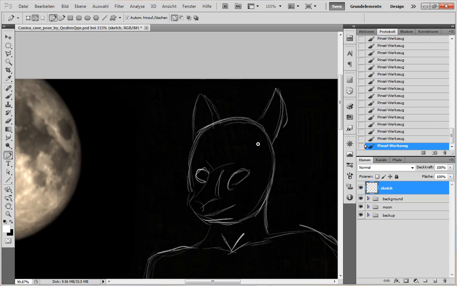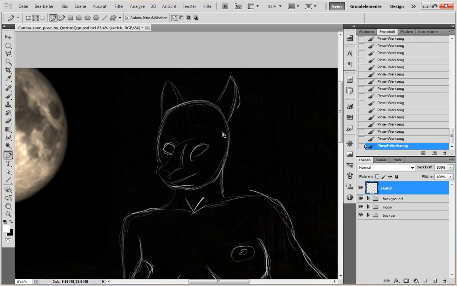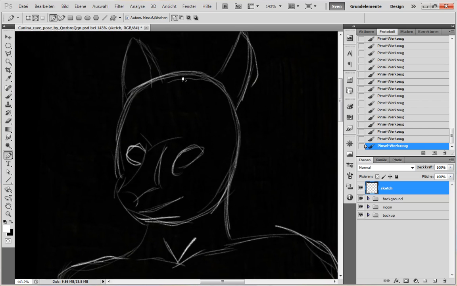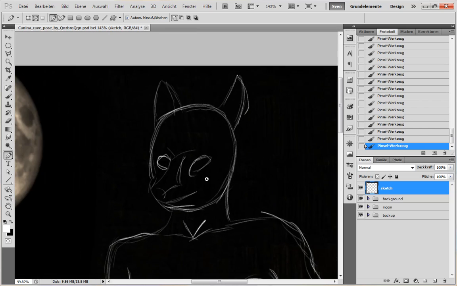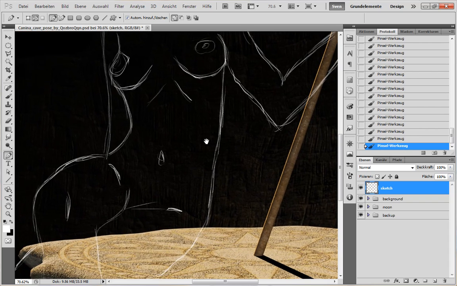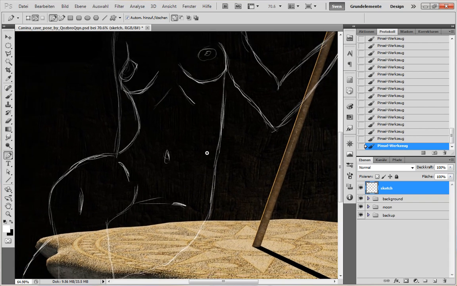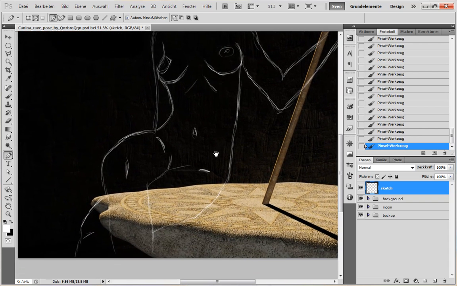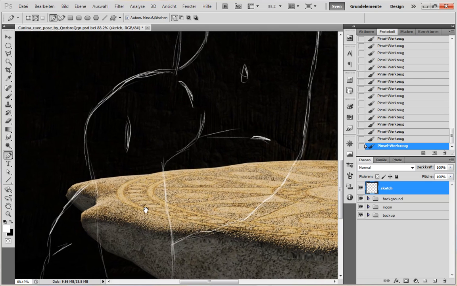No, I don't want to begin with the head. Usually I begin with an easy part, for example, with the legs. Oh, we have a mistake. I made a mistake. Here. It should be